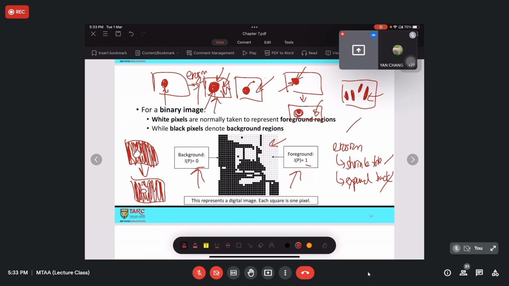Let me pick someone to answer. Junwei Lim, if let's say we have white color as foreground and black color as background, if I perform erosion, would the foreground or the white pixel increase in size or decrease in size? I'm performing erosion.